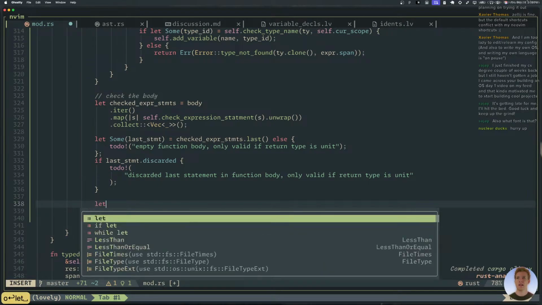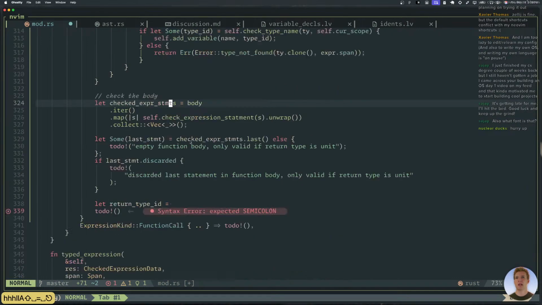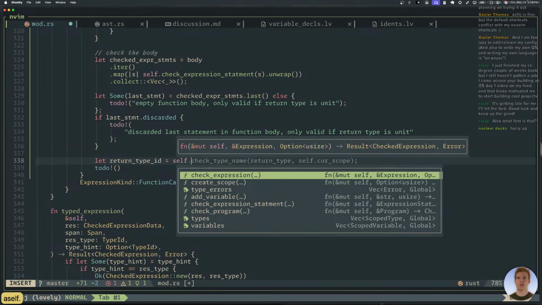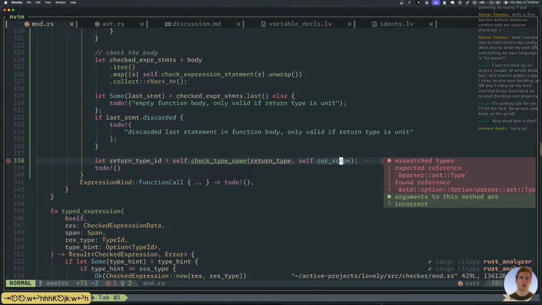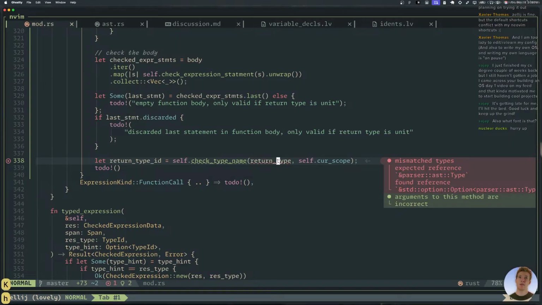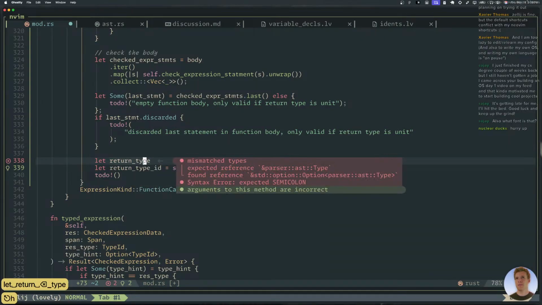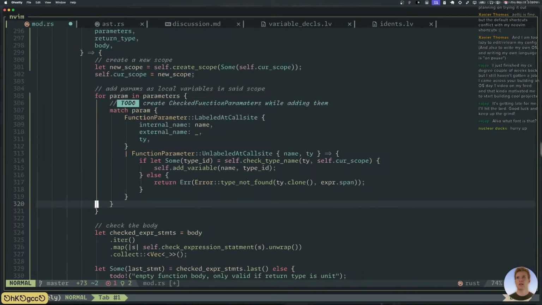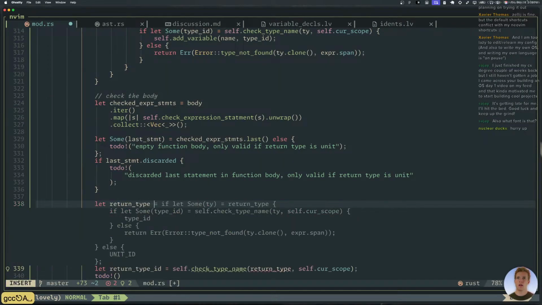So we're going to say let return type ID equal, what do we have up here? We have a return type. So we can say self dot check type name. And the current scope is fine because it'll traverse up, right? So it's good. Return type. This is an option. Oh, so I'm going to say let return type. Wait, this is a type equal.